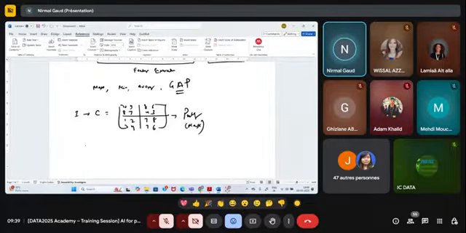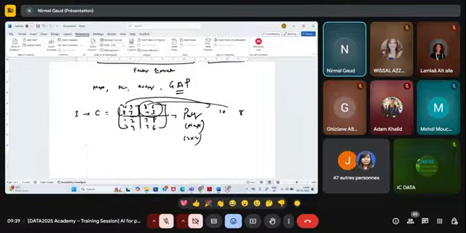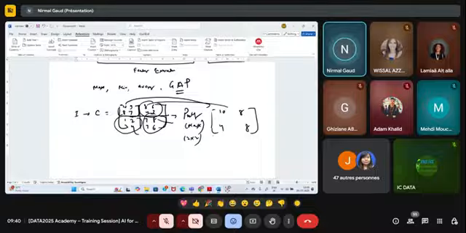So max pooling 2 cross 2. It will pick up a 2 cross 2 matrix here and fetch the maximum value present in it. So it will fetch 10. From here it will fetch 8. From here it will fetch 4. From here it will fetch 8. So this is your answer after applying pooling to the convolution.